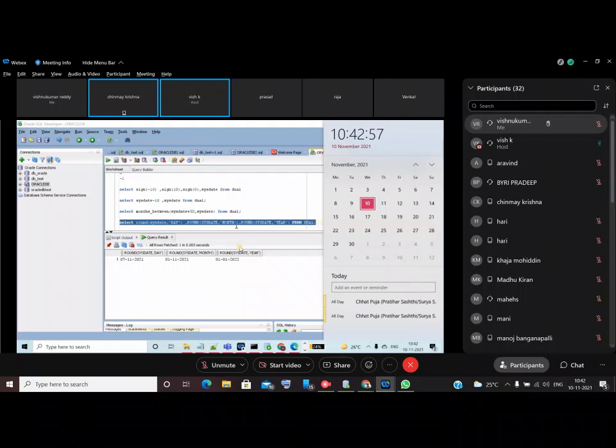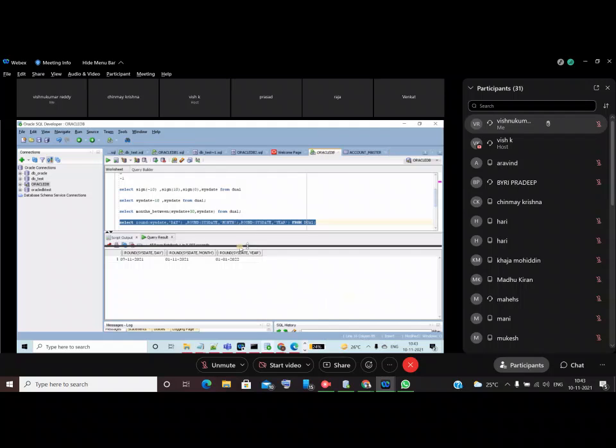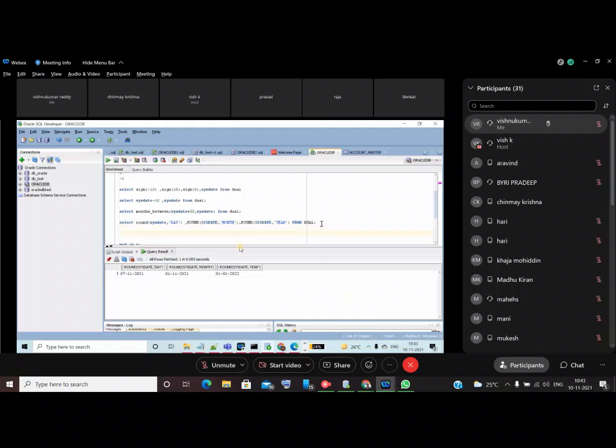So that is the round function. Okay. So same round and trunc also, same for the dates will be applicable, guys. Okay. And next select. So 1 minute, guys.